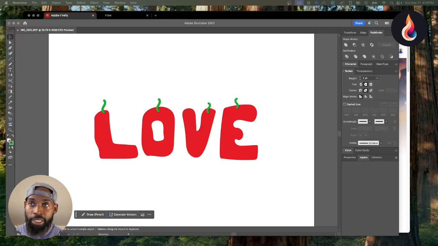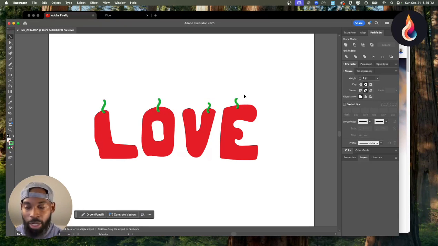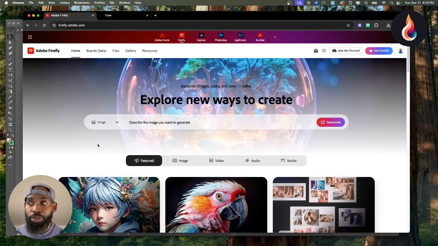So you can go into Illustrator, that's what I did, or use whatever design program. Canva should work too. And then roughly spell out the word love. Have that be in one color. And then the wick, have that be a different color. And then you can rough that out on top as well. So once you do that, export it, have it somewhere because we're going to use that later, and jump to